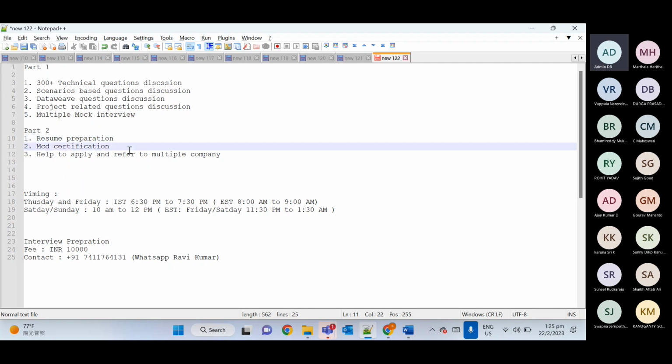Then the certification part. If you have done certification, well and good. Otherwise, we will help you to clear certification also. In terms of certification, it will not tell you about your actual knowledge. What I know about the standards, what is going on in the market, but it just adds flavor on your resume and in your LinkedIn profile. It's a market trend, so we also need to follow this.